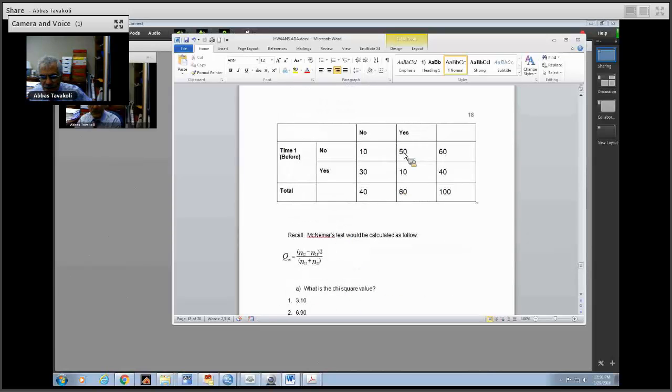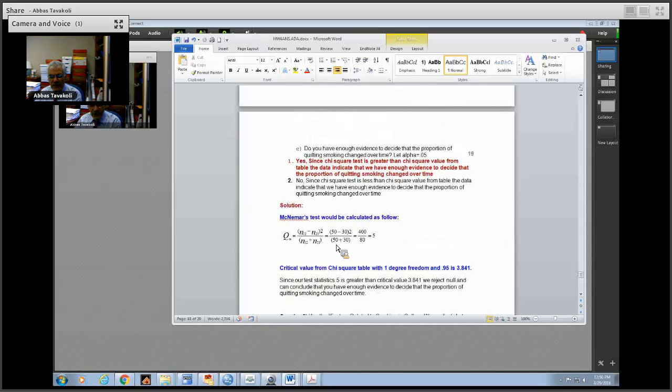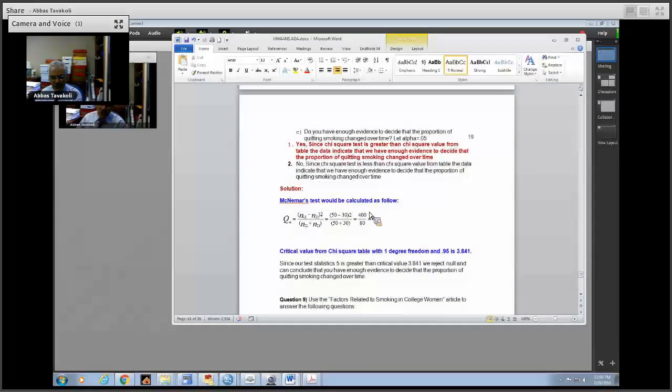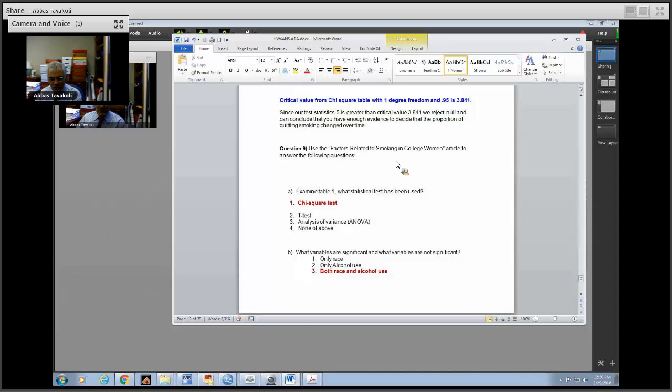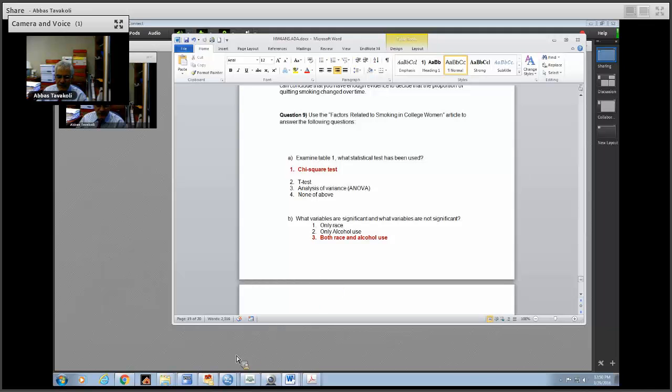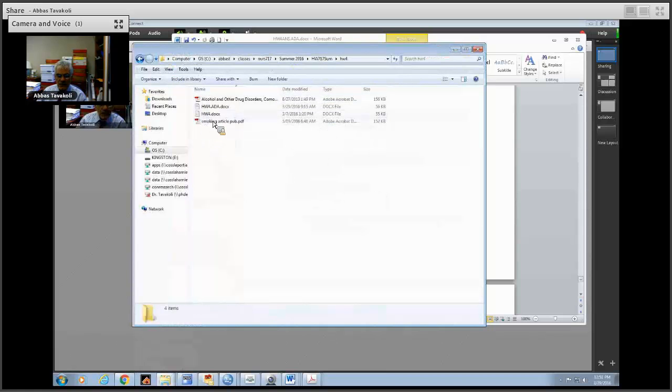And question 8 is we have time 1 and time 2 for 100 students in terms of some intervention, to see if they reduce smoking. So you're using the McNemar test here. I asked you to calculate the test statistic. Basically it is the absolute value of N1 minus N2, so that's your N1 50, the no-yes versus yes-no, minus 30, squared, divided by the sum, and you get 5. You compare it to the chi-square value 3.841. Since this value is greater, you reject your null and conclude there is evidence that the intervention worked